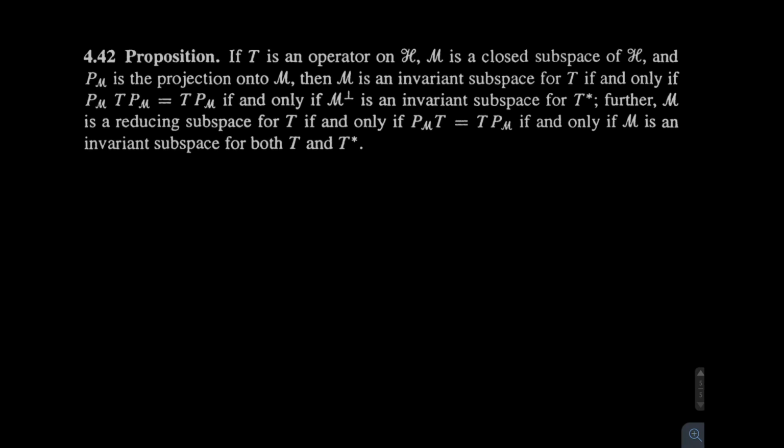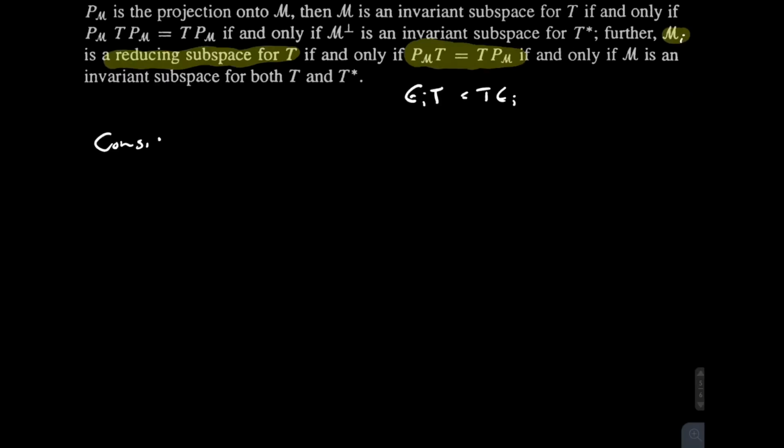And then, because of proposition 4.42, at the very end there, we have that they commute, which is the fact that we just mentioned, and that happens if and only if each M sub i is a reducing space for T. Now, considering the identity function on the spectrum, which sends lambda i to lambda i, we can decompose that function